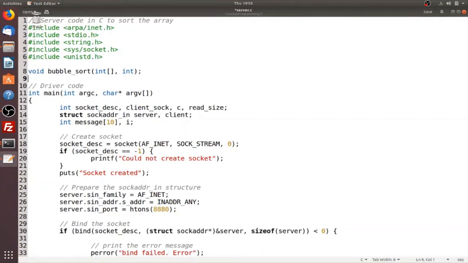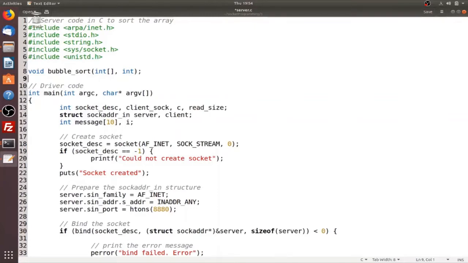As usual, as we have been doing repeatedly in the last two videos, we would be repeating that step again. We would be creating the socket using the socket function, and if the value returned by the socket function into the variable socket_descriptor turns out to be -1, we would be printing that we have failed to create a socket. And if the socket has been created successfully, we would be printing the message otherwise, and then we would be assigning the address to the socket that we have created.